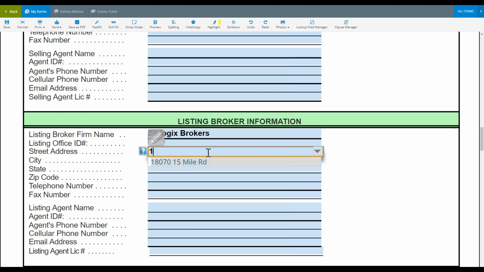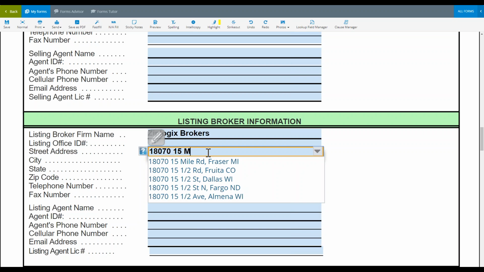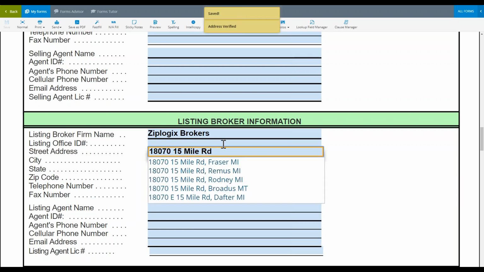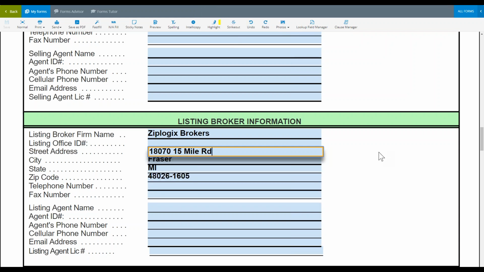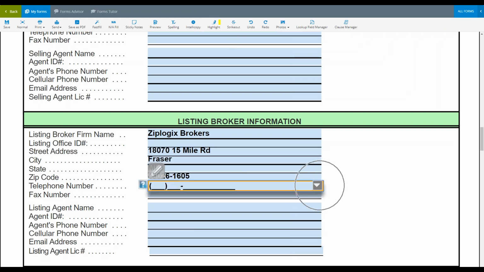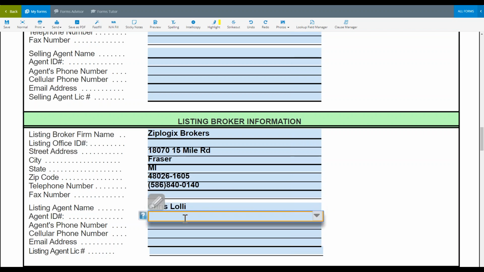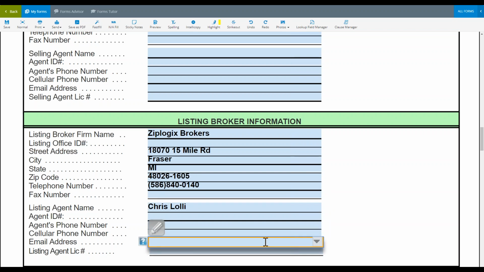Listing and street address, I'm just going to enter our street address here, 15 Mile. And you can see one of the other more subtle time savers, which is called Smarty Streets. It helps populate my fields. It verifies my address, and then it saves automatically for me. That's something that you guys have access to as well. That's every ZipForm Plus user. Or I have something that's this drop down, which I'm going to dive into a little bit later, which is all managed through a lookup field manager. And this information is common data that I've entered into multiple different categories at one point or time or another.